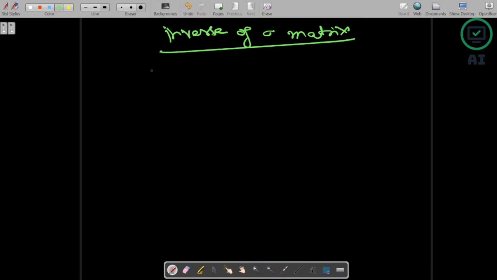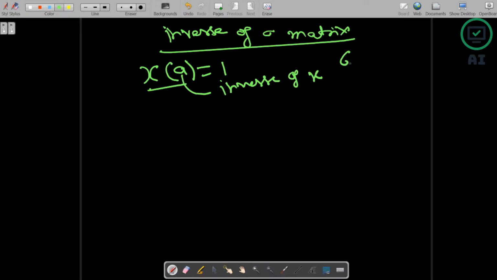In the last video, we have seen that if you have any real number x, there will be a real number a. If you multiply it with x, you will get 1. So in this case, we can say that a is the inverse of x. For example, if you have 6, there will be one real number which, if you multiply with 6, will give you 1. So what is that real number? That is 1 by 6. So every real number will have an inverse which will produce 1, except 0.